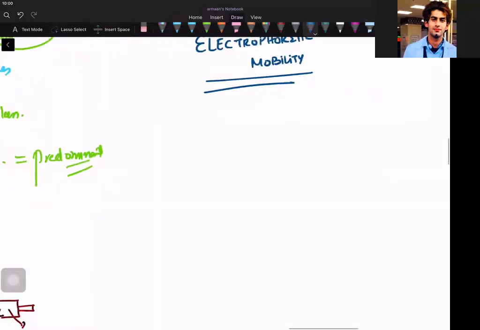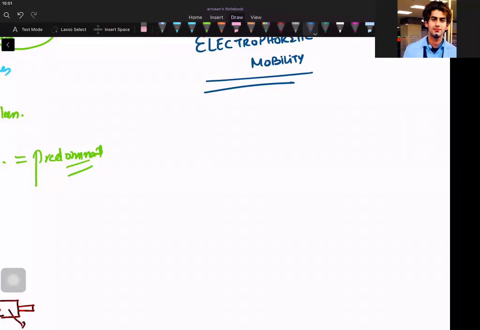Electrophoretic mobility means I have an electrophoresis machine. Remember, the electrophoresis machine is based on a charge concept, like positive goes towards more positive and so on. I will teach you that in a separate topic. But here you have to remember that